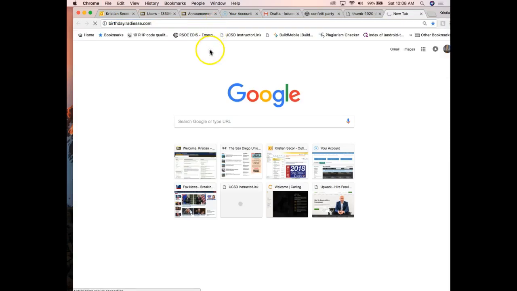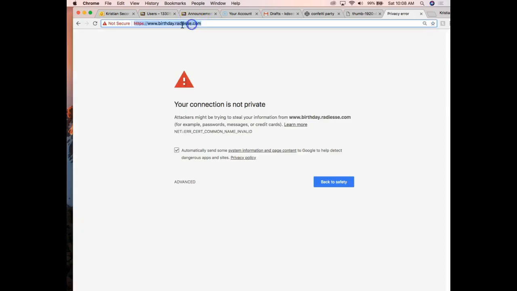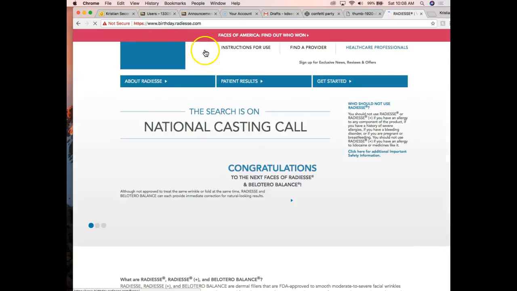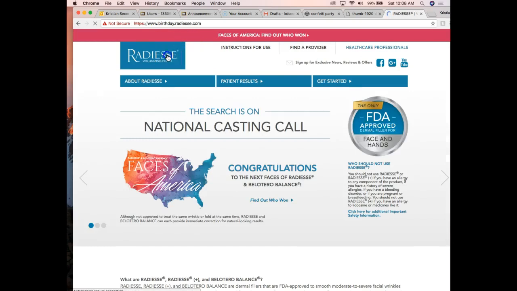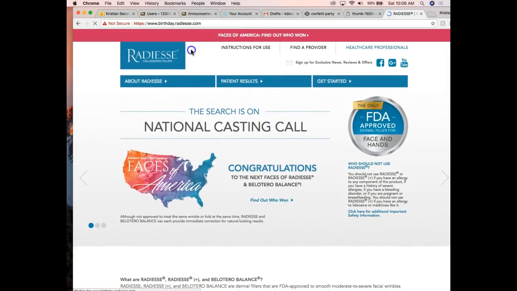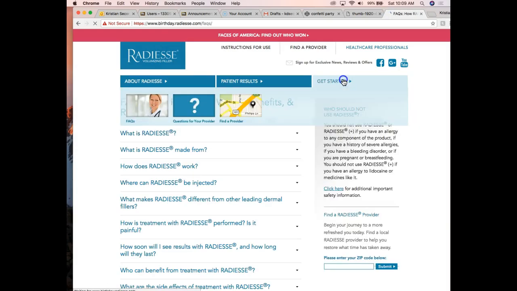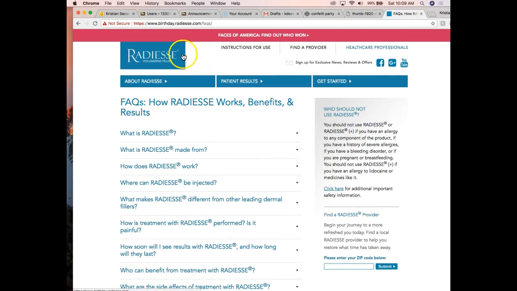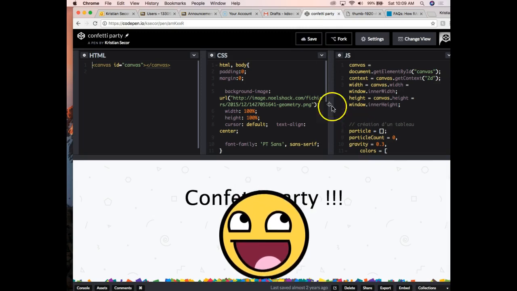I was tweaking the gravity for the confetti. It looks like they've removed my confetti, but it used to have confetti when you moused over. So when I get asked to do something, I usually start with a CodePen if it's advanced